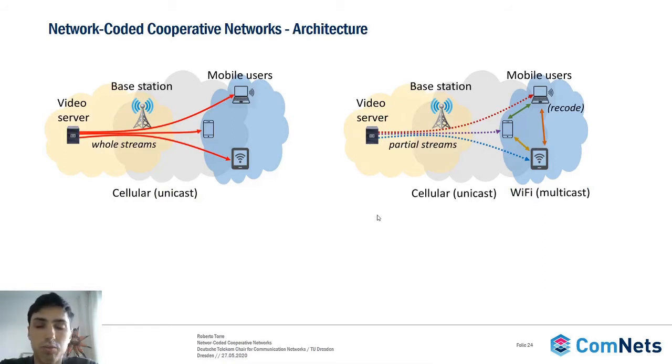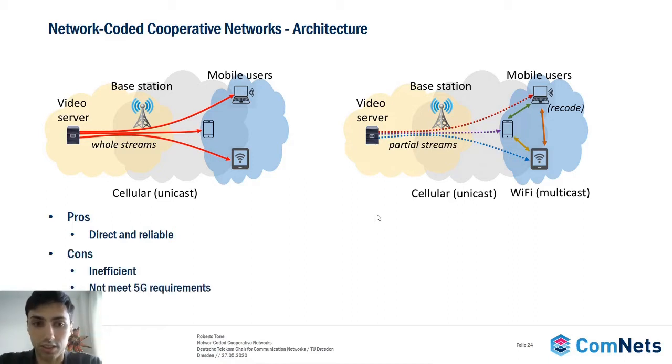This on the left would be the state-of-the-art scenario where we have the whole stream that is going. We have 3 users and we are sending this video, the 100% of the video, to each of the users separately. In the end, through the base station, as you can see, it's going 3 times the traffic. So the good thing is that it is direct and it is completely reliable because it's unicast. However, it's inefficient because